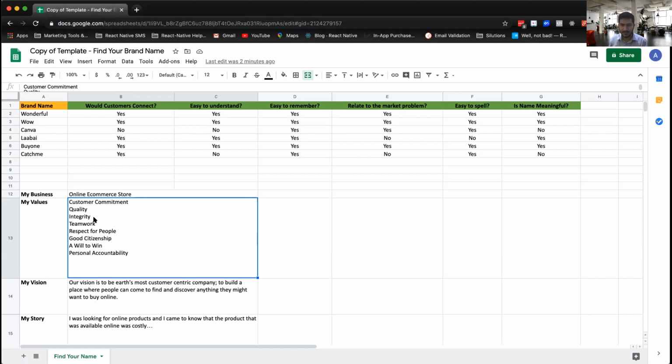I've just given some examples. You can take from that, but believe me, it has to come from inside you. Okay, cool. So then my vision, that means your vision for your business,